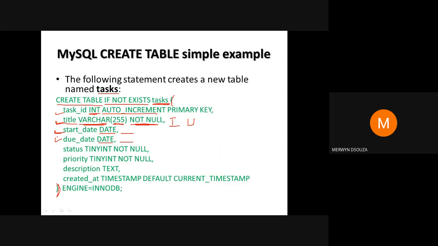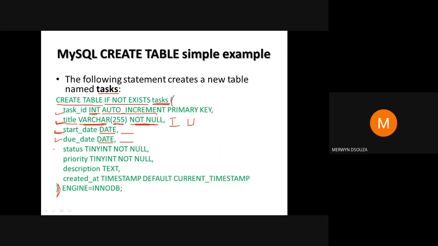They can store null values. The start date column will have a default value of the current date. In other words, if you don't provide a value for the start date column when you insert a new row, the start date column will take the current date of the database server.